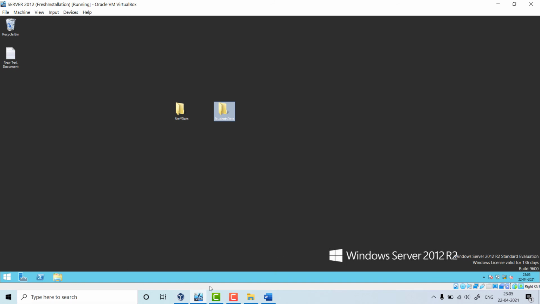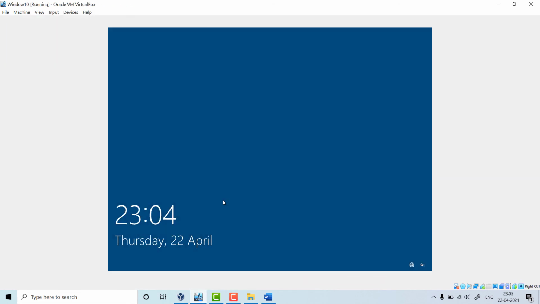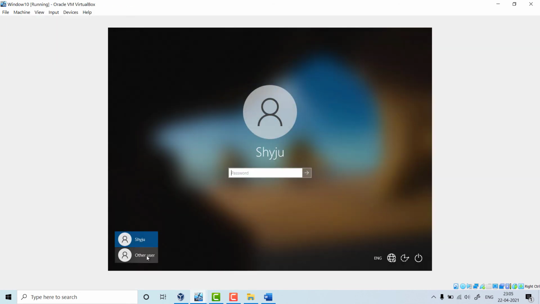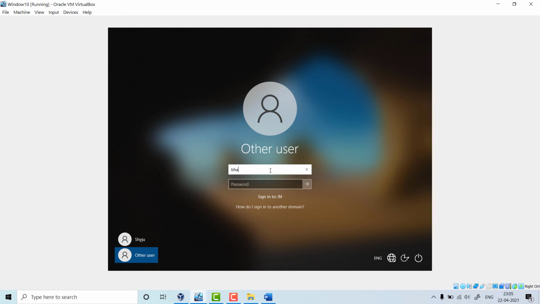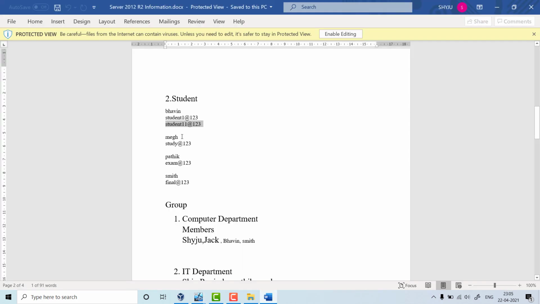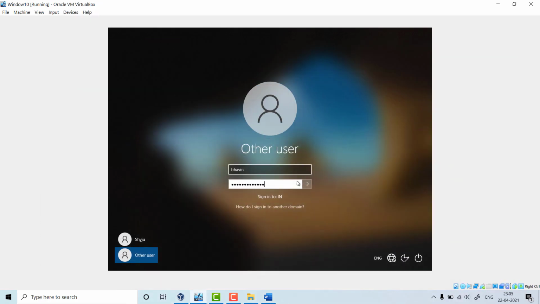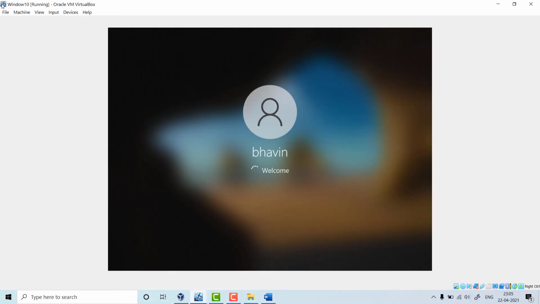So just log into your client machine. I need to log in with other user because right now I am using Bhavin, student's name, and the password was student11@123. Let me just confirm, student11@123, that is right. Click on that arrow for login.